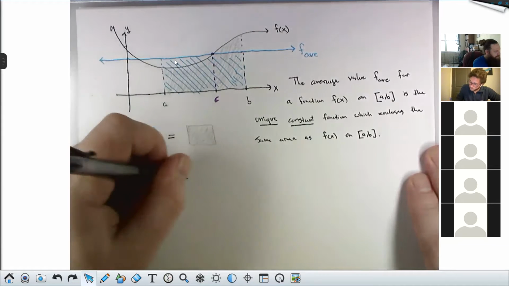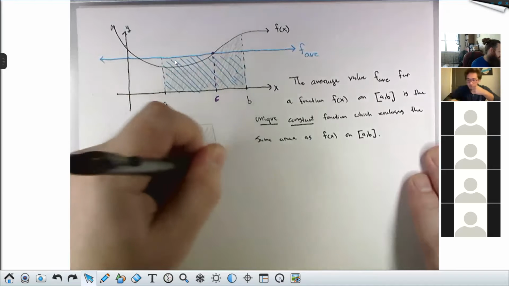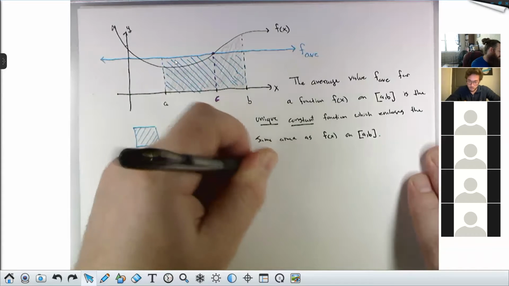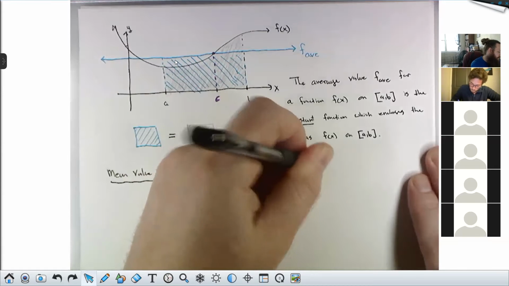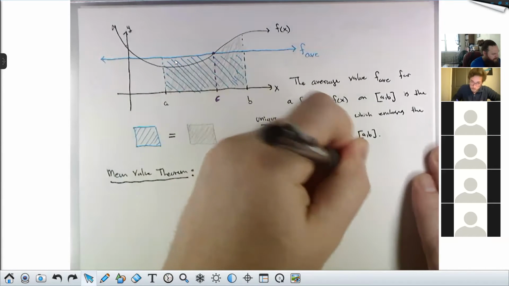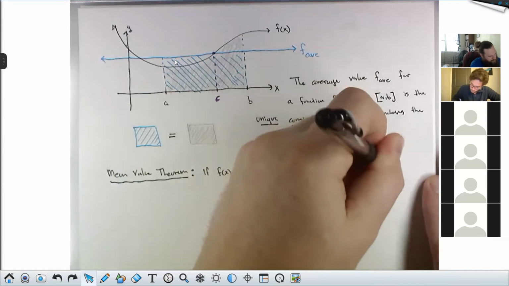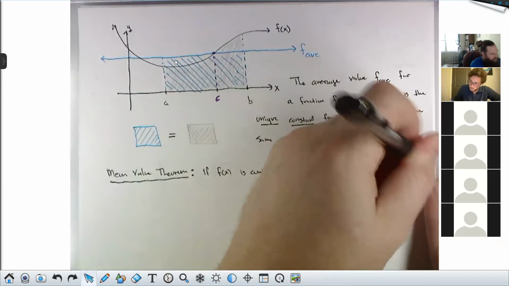This has lots of hypotheses and it's a little bit wonky, but it says if f is continuous on closed AB, and differentiable on the open interval AB,